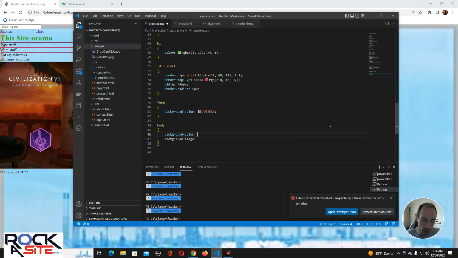You go background color and you can say RGB, 34, 90, 203, or however you want to RGB it, or hexadecimal, whatever. And then you can go background image,